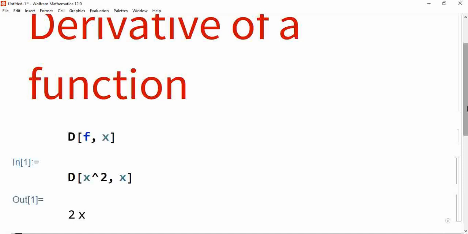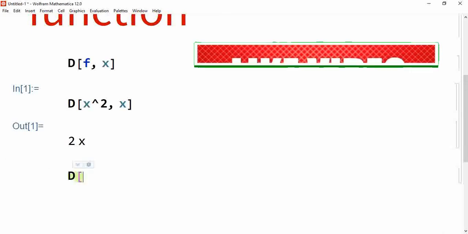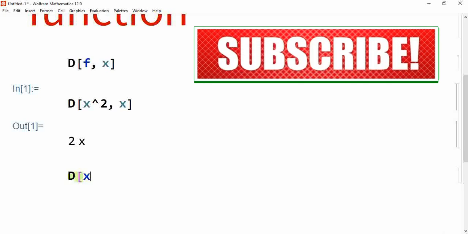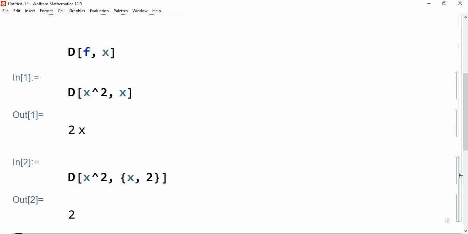Now if we want to find a derivative of a function higher than first order, the syntax is, we write the function, like x square, then we put comma, and then put a list. For the list we need curly brackets. First we write the variable with respect to which we want to take the derivative, then we put the order of the derivative. It will give you the second order derivative of the function. Curly bracket here. So now if I run this cell, this will give you the second order derivative of the function,